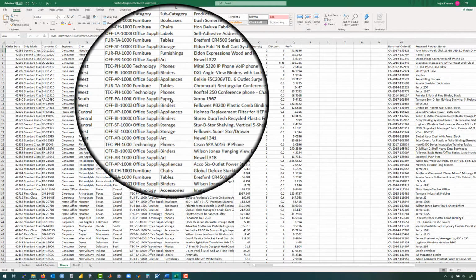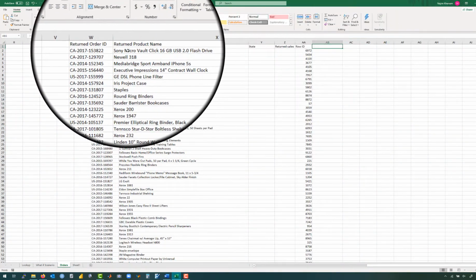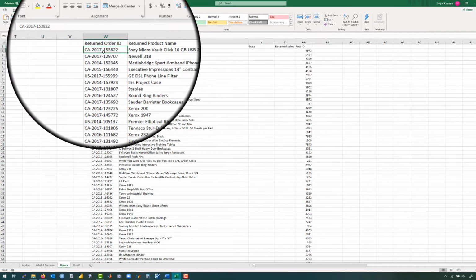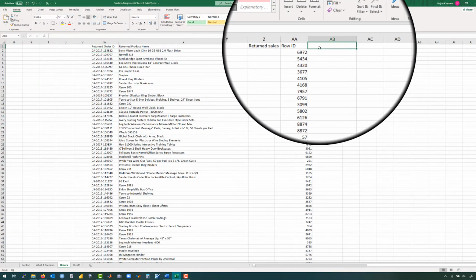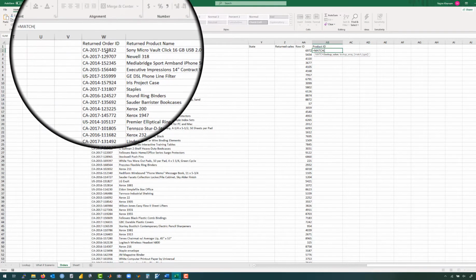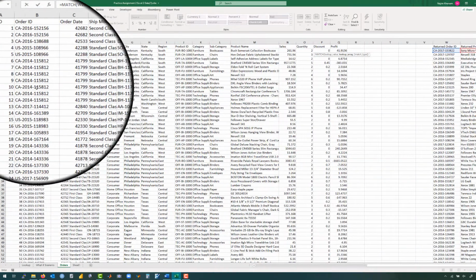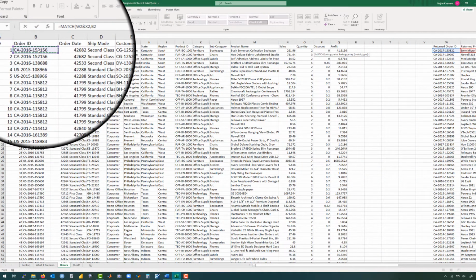So say we want to look up the product ID. This specific product name will have a product ID for this returned order ID. So let's do that. Product ID. In the same way, we just use the match function first, so match lookup value. Look up both the returned order ID and the returned product name, and then look it up from the order ID array